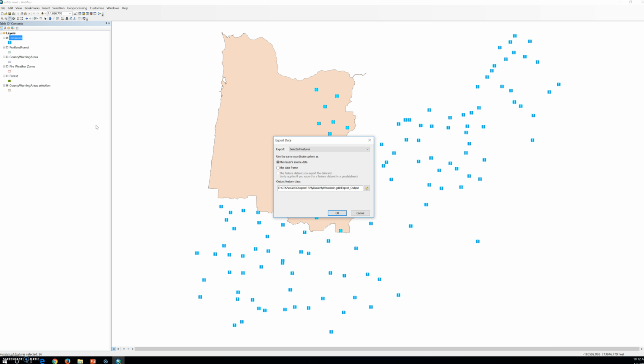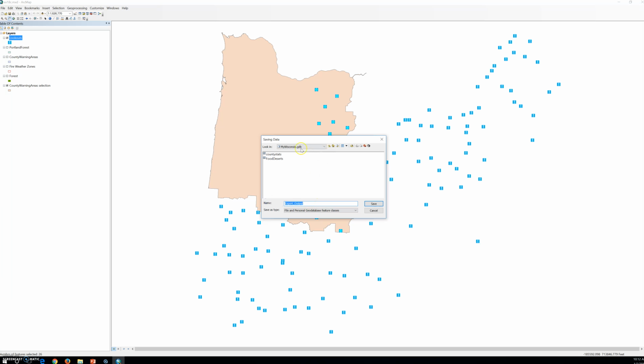So the export list is correctly set to selected features. The option to use the same coordinate system as the layer source data is also correct. Now we're going to click here, not Wisconsin, we are on chapter 18, chapter 18 and my data. So now we're going to save everything the same in my